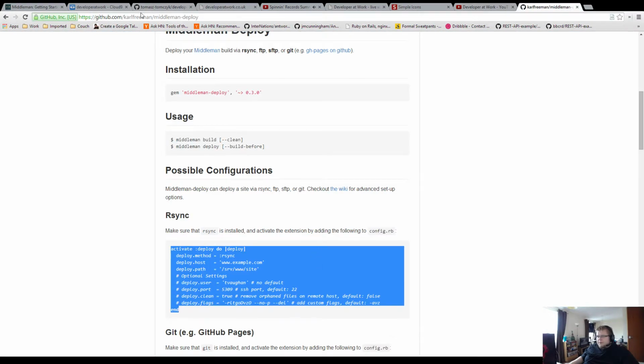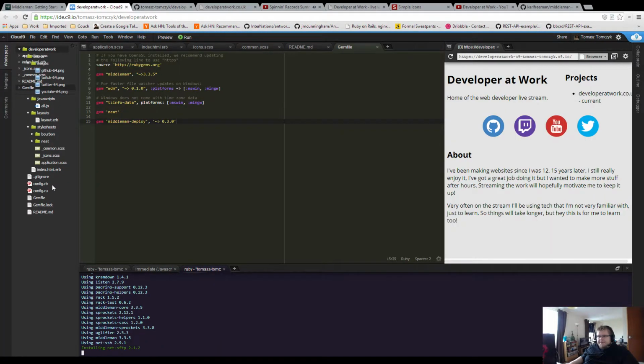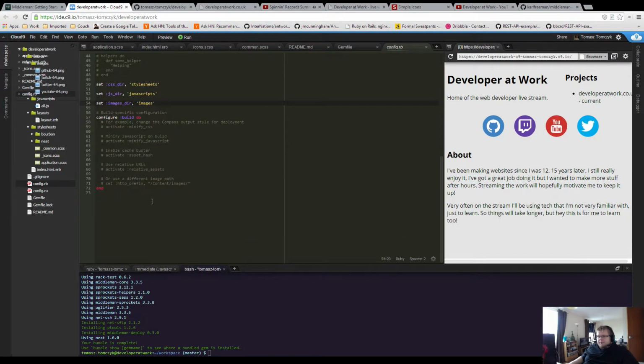That goes into config. Rsync. The host will be developer. User. It's really bad, but at the moment I'm gonna use root.